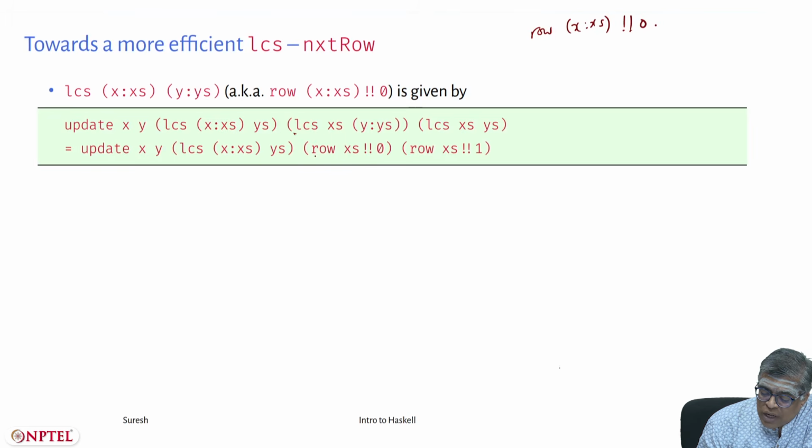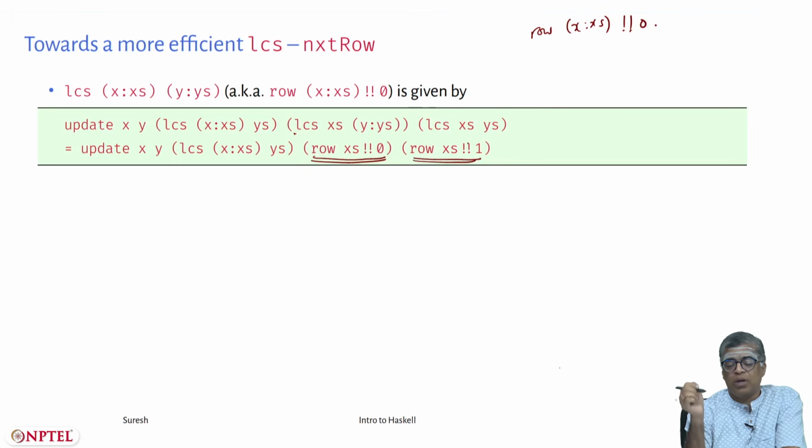So this is rho of x's at 0, and this is rho of x's at 1, okay,